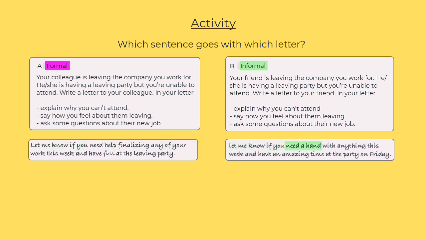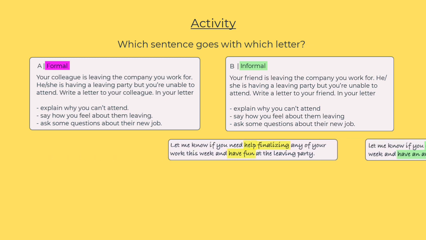To need a hand or to give somebody a hand is an informal way to say to help. And we also have finalize in letter A, which is quite formal and can sometimes be used instead of to finish. We can also see that the language in letter B is more exaggerated again, with have an amazing time instead of have fun. And finally, to finish, we have,